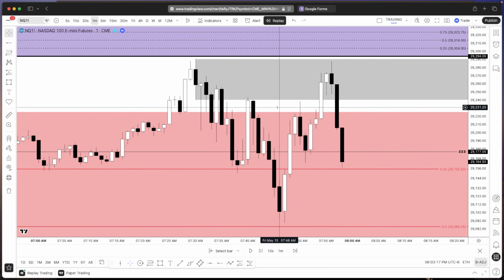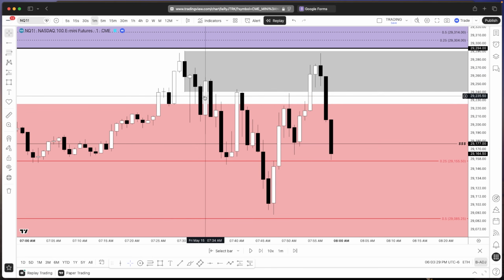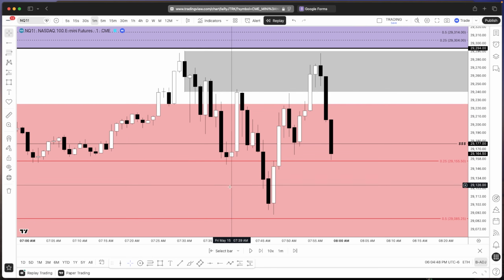And as we can see, the market opens, comes down, pushes up. Hold on, I gotta text this person. There you go. The market opens, comes down, rejects off the CME opening range, comes down to the high time